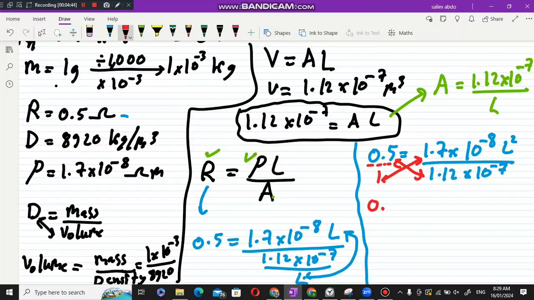Let me calculate it please, Yahya. 0.56, okay, 56 times 10 power minus 7, and it is equal to 1.7 times 10 power minus 8 length